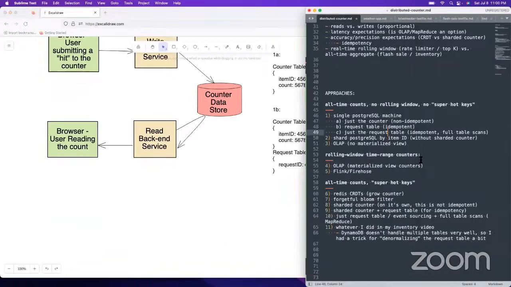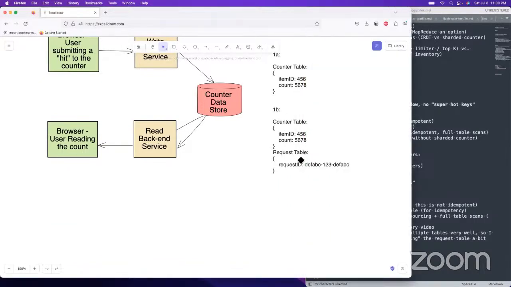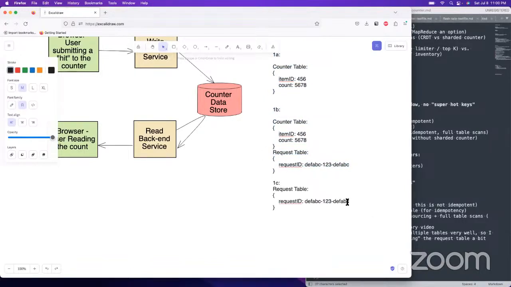And then for 1C, we would just have the request table. Just the request table. And so then you would also need to have your item ID with the request. And you'd find the count by just doing a full table scan.